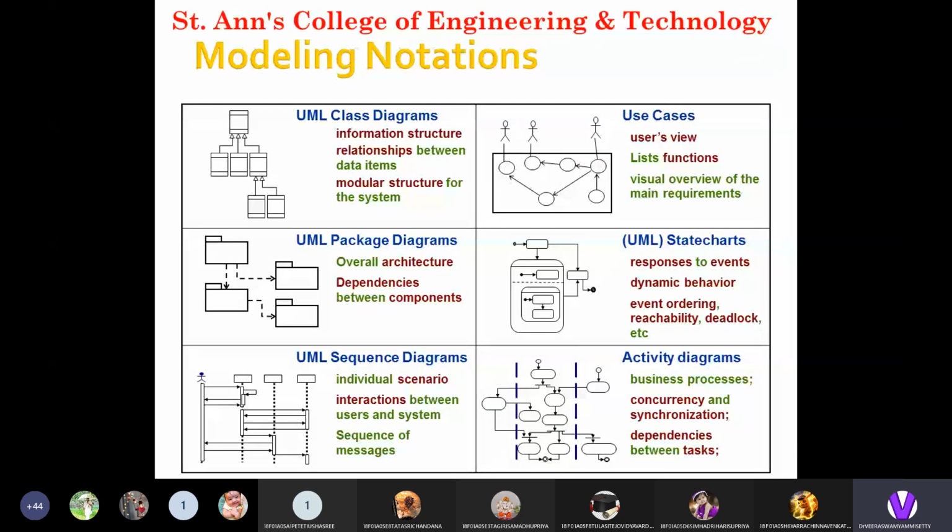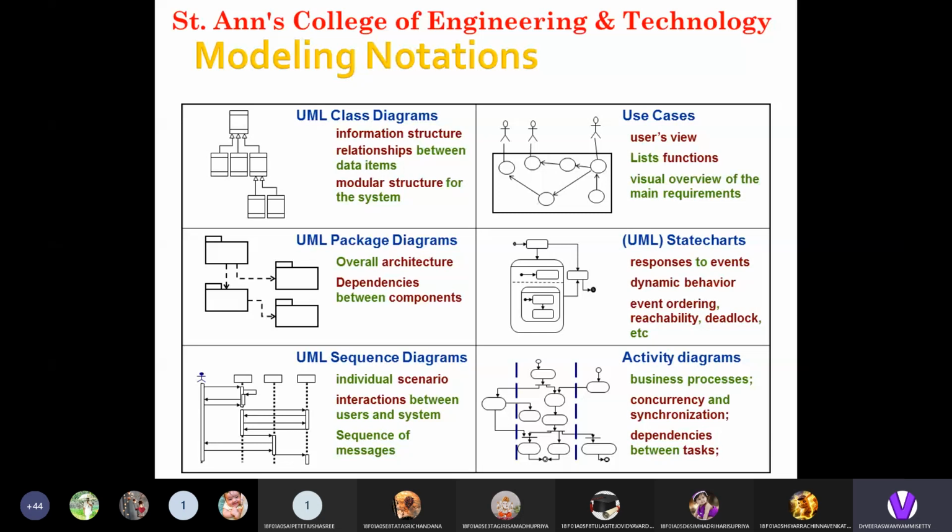The UML activity diagram models a business process which can handle concurrency and synchronization. Any dependencies between the tasks can also be handled in the activity diagram.